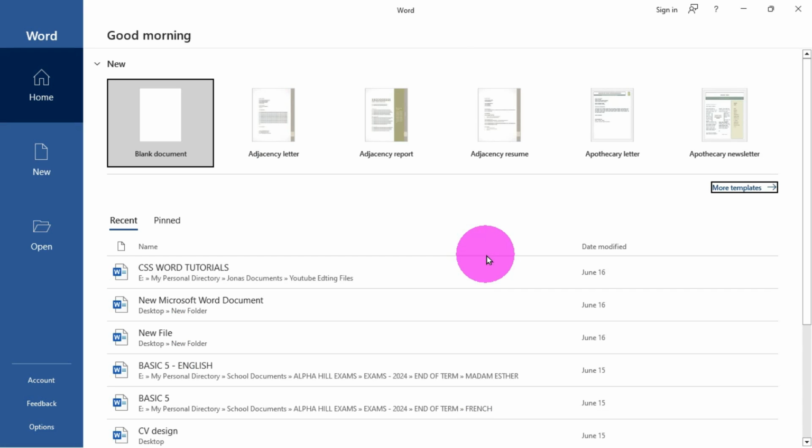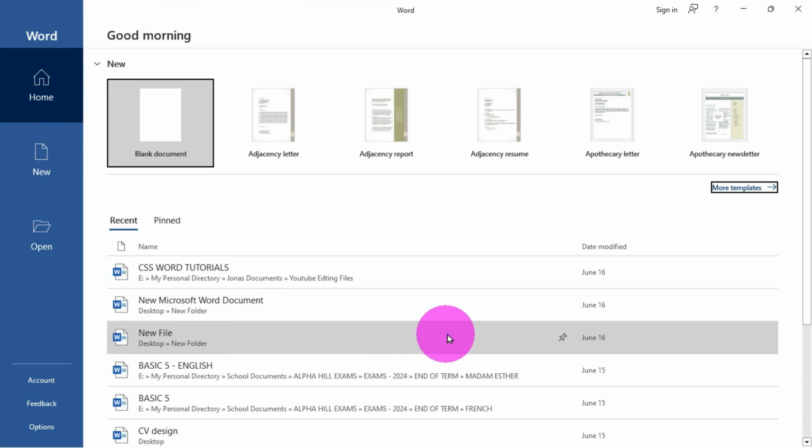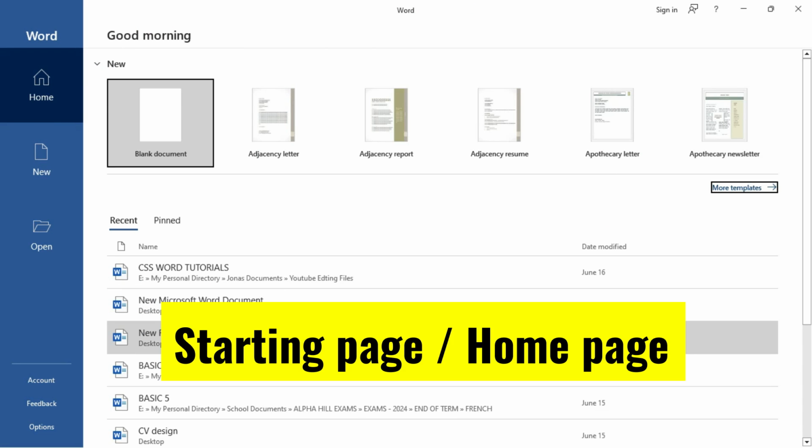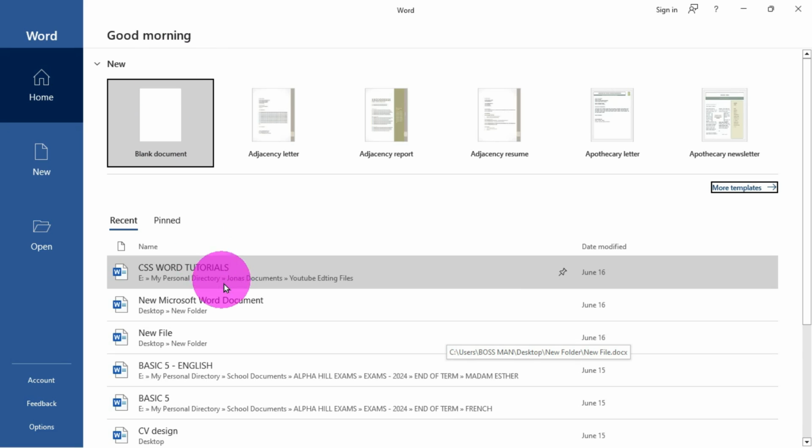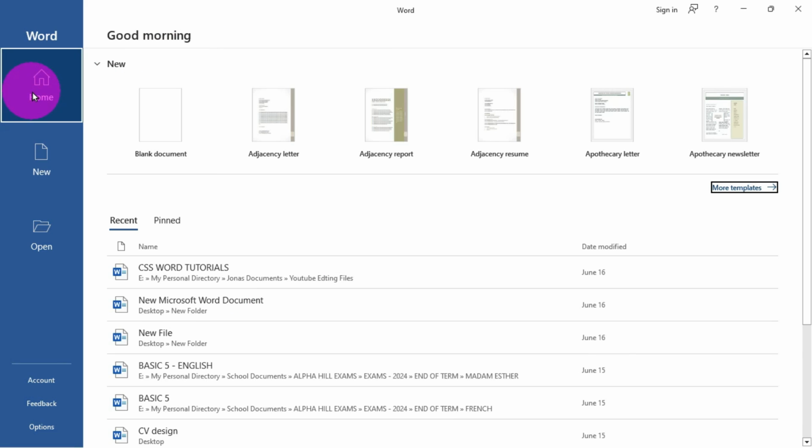Now, the first time of opening this software, which is Microsoft Word, you get this interface, and this interface is known as the starting page or the home page of Microsoft Word. And there are some other configurations or settings you can optimize in this interface before creating your Word document. Now, the first command that is selected in this interface is the Home command, and this Home command displays this interface